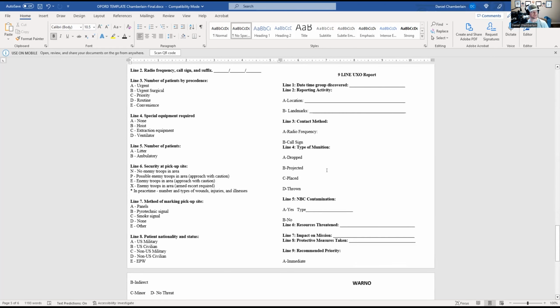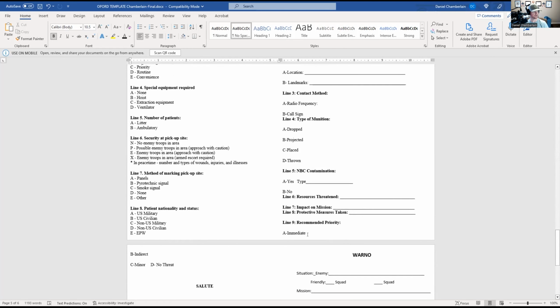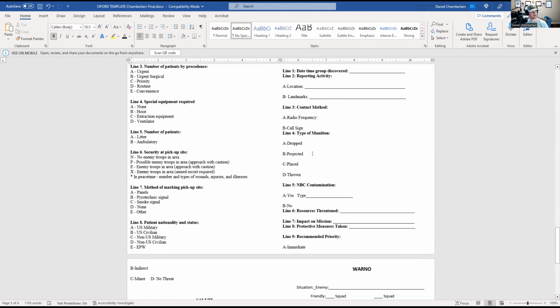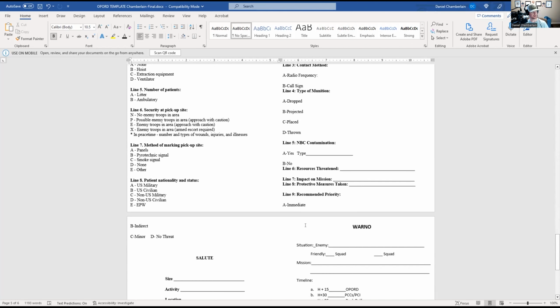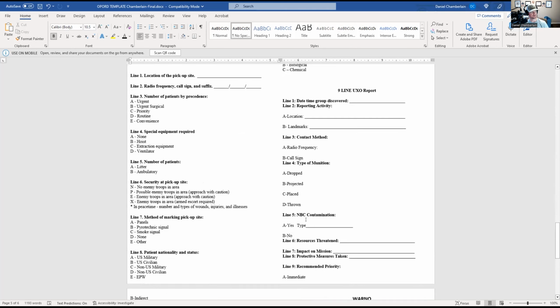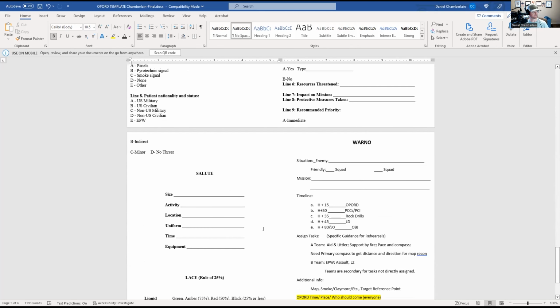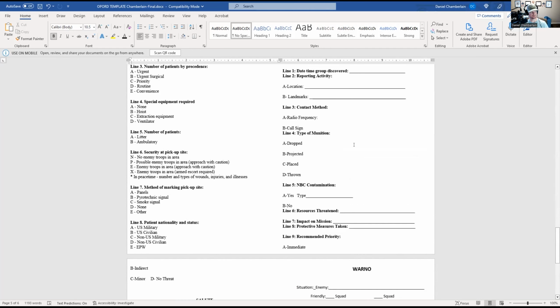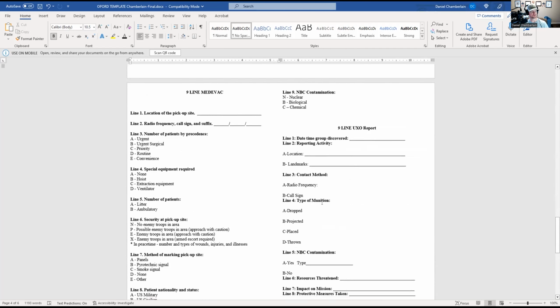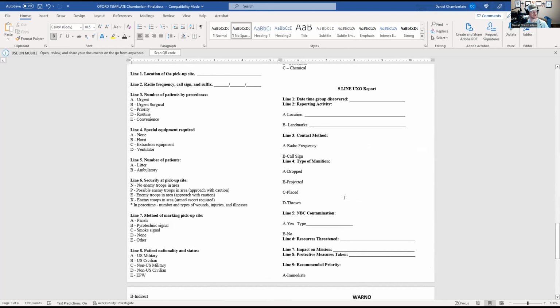And then you can go through and fill it out if you do take injuries or whatever. 9-line UXO report, that's just something I had. I deployed as transportation a couple times, so we had to have these on us all the time. This one was pre-signed or pre-filled out by someone else. I think it's pretty accurate. I don't know, I haven't gone back and looked at it in many years, but anyway, we always had a version of this with us overseas, so just make sure that you have one of those at all times. So it'd be an IED/UXO report.